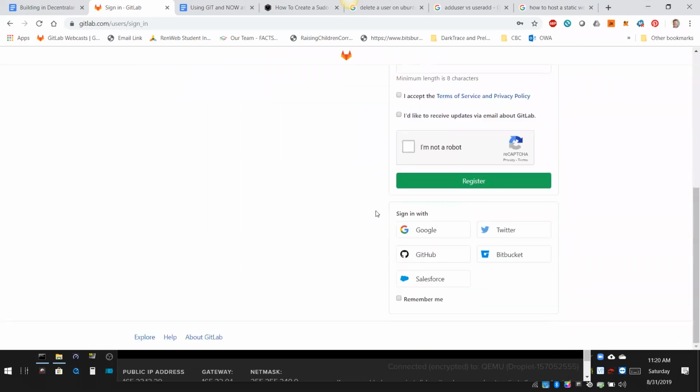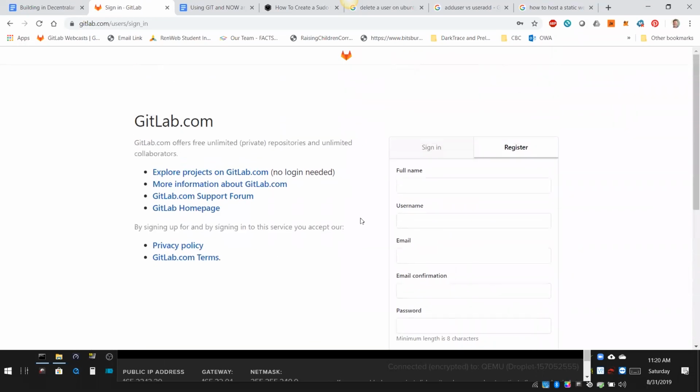but you can also just use a, I think that you can use an email address and password. I think that's what I do. Anyway,